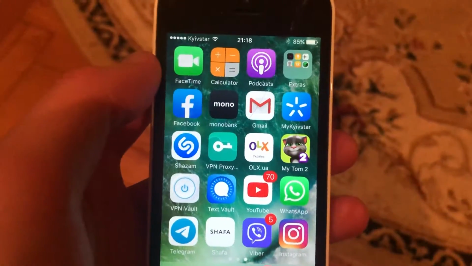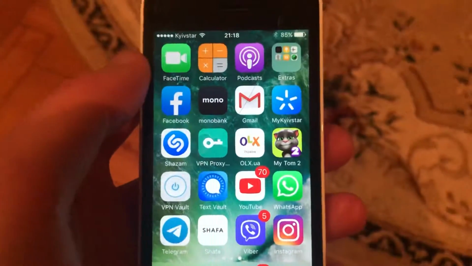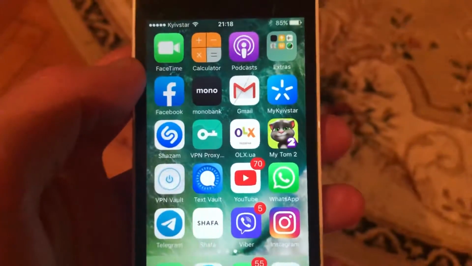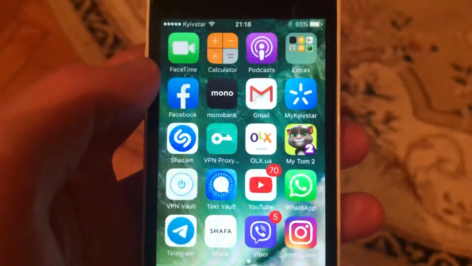So if Facebook is not working on your iPhone, here is how you can fix it. First, just try to close your Facebook app and open it again. And if it doesn't help, if it still has this error, you can also just try to